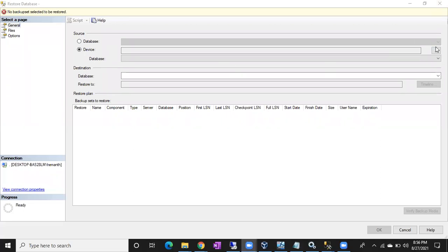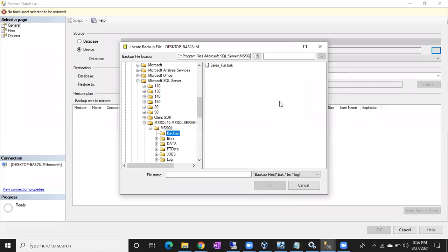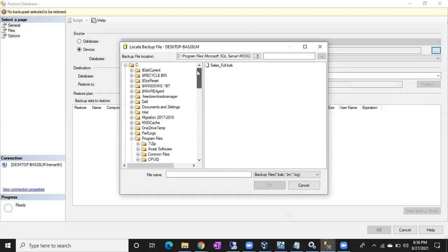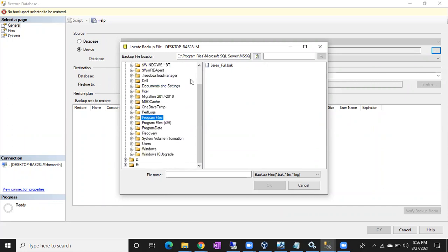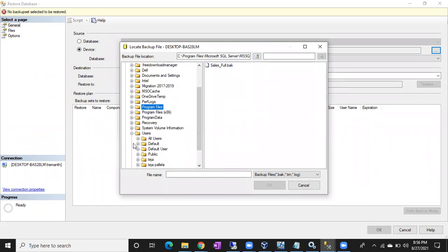Right, device, browse. I just copied the backup files on my desktop. Right, add. Where is my desktop? Can anyone help me find the desktop? Users. This is the username.